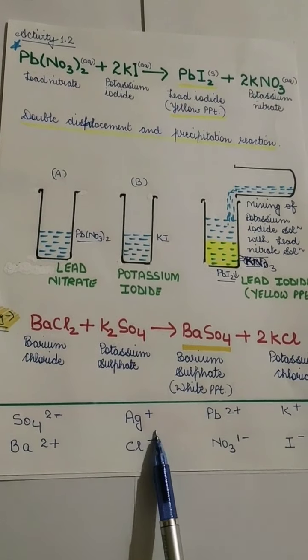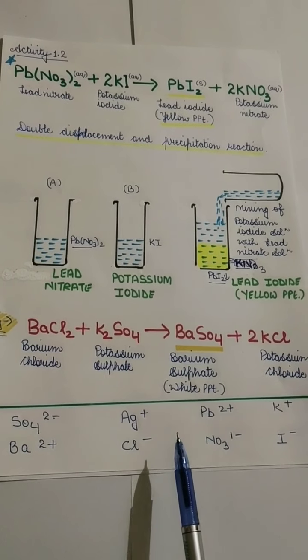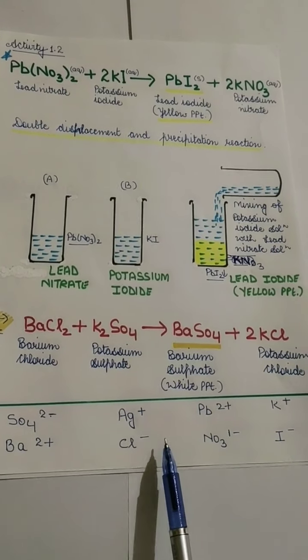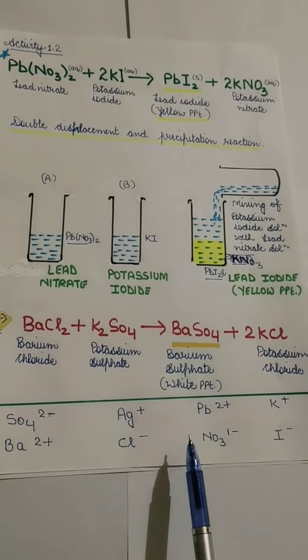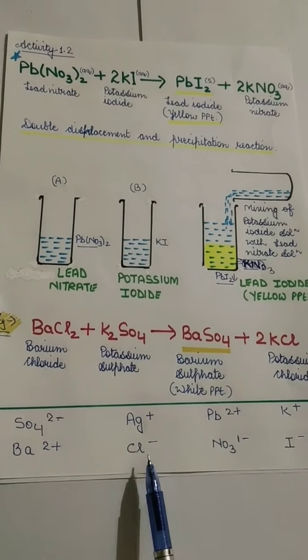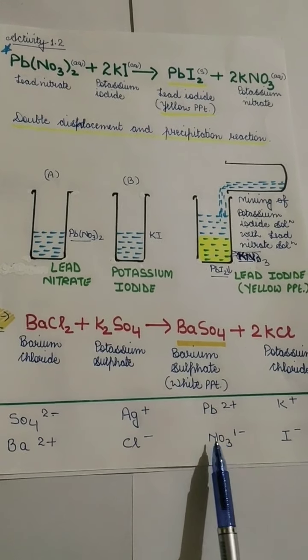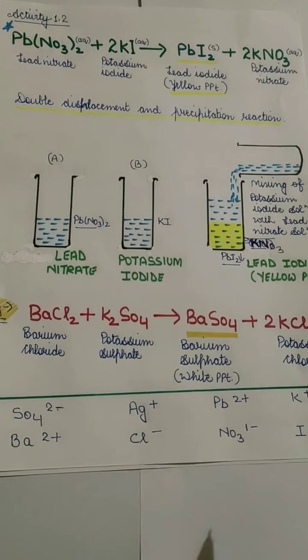So apart from these examples, if you want to learn more of these, you have to go through your NCERT 9th class book. In the third chapter, all the valencies of ions are given. You can also learn the formulas from there. It will be very helpful for you for the 10th standard. So please, in these days of lockdown, you can go through your books, you can read as much as you can, and you can clear all your doubts.